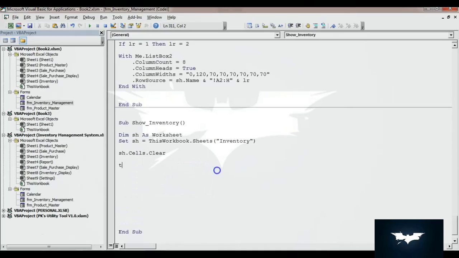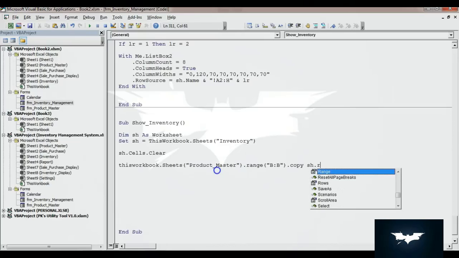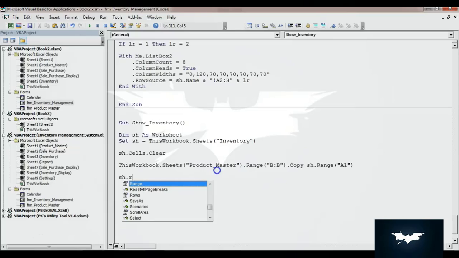Now I'll use this workbook dot sheets, and I will go to the product master sheet dot range, and I'll take the product column, which is B2 to B, dot copy, and I will copy this column to inventory sheet. Okay, now we have the unique product on column A. We will create some other headers like sh dot range.